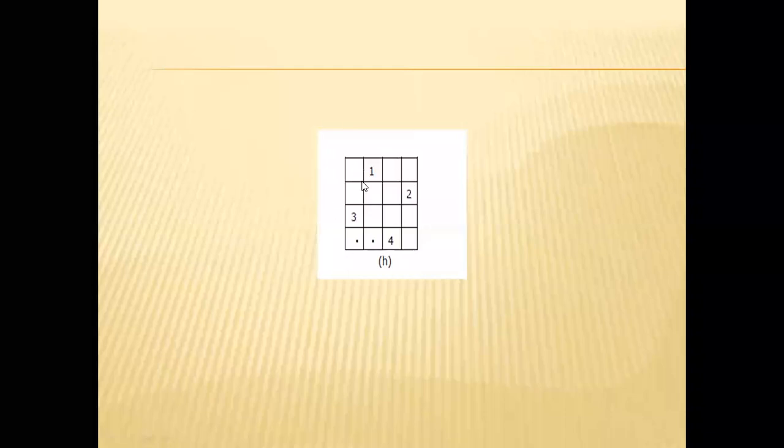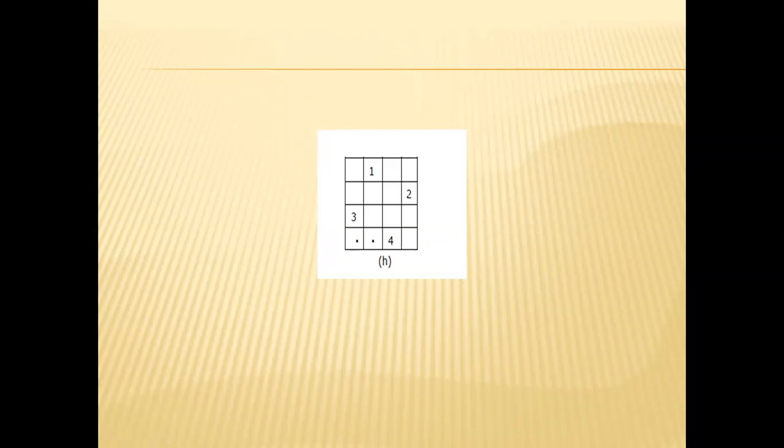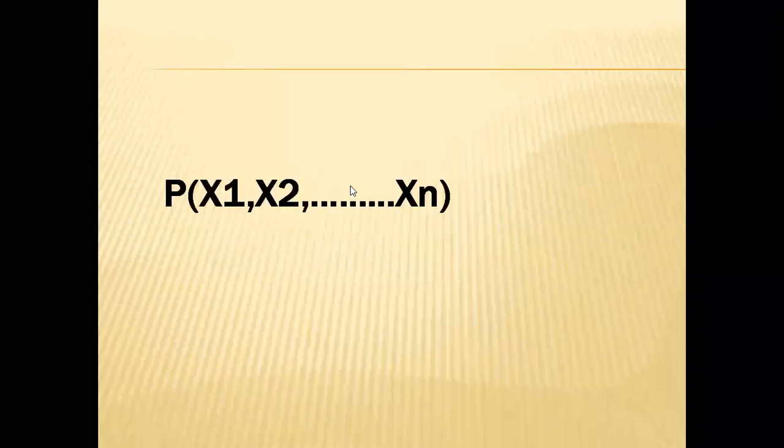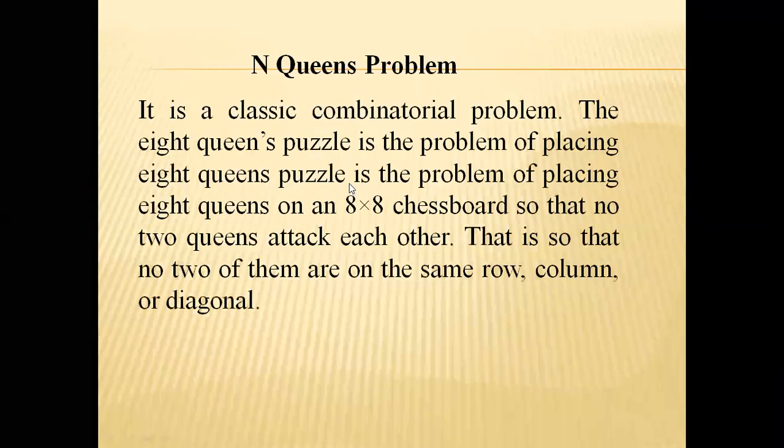Suppose another solution exists for the 4 by 4 problem: 3142 is another solution. There are different solutions, that is, more than one solution. All the solutions are found by using the backtracking method. By using the backtracking method, in the n queen problem, no two queens are in the same row, same column, or same diagonal.